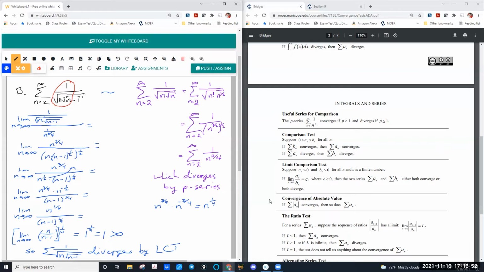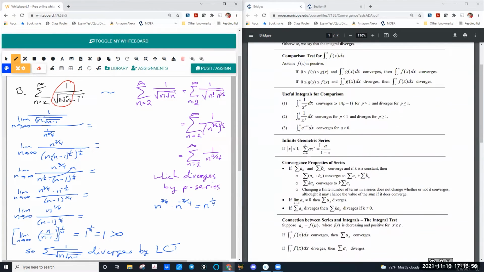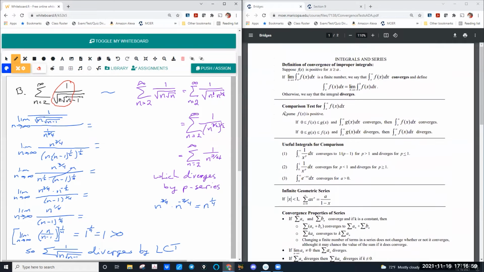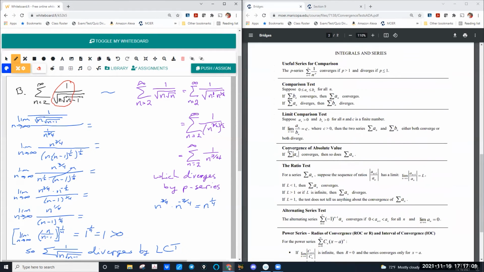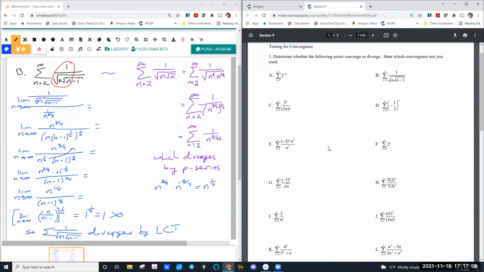So this time it took two. Now, if you're doing integral tests, or if you have a geometric series, or you're doing ratio test or alternating series test, it would just be that one test. And I'll let you guys try a few, and let's just kind of look at a few of these too. Also, once you get better with these, which you guys are new to them, but I can look at these and kind of tell which tests I want to use.